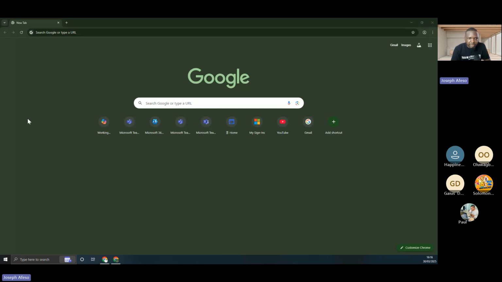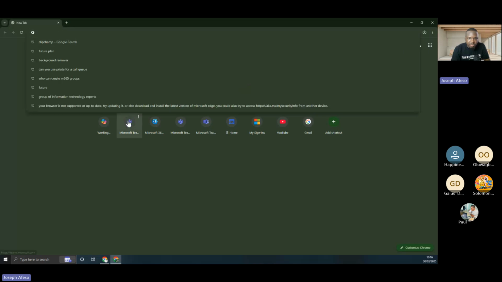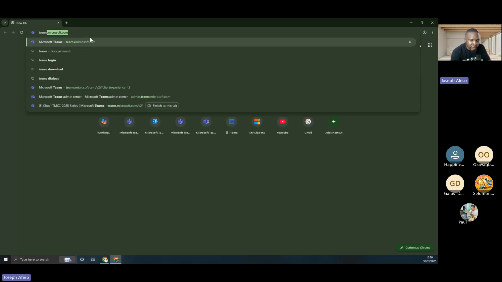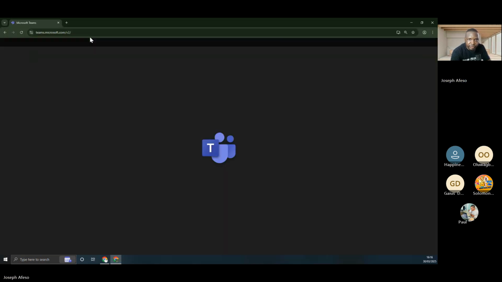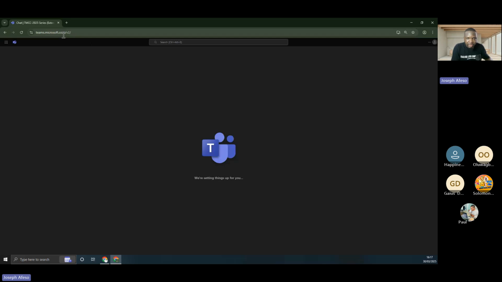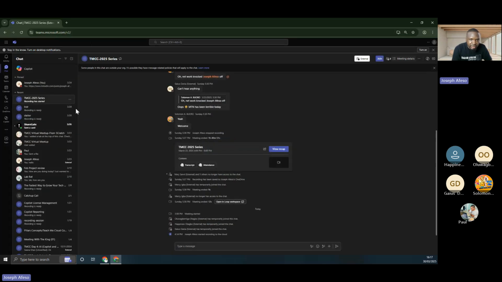So as it is right now, we have dealt a lot with Microsoft Teams last week, and we said to access Microsoft Teams, you go to teams.microsoft.com, and then that will give you access to the client portal of Microsoft Teams. And if you want to access the admin center, it means that you need to have the admin rights in order to be able to access the admin center.